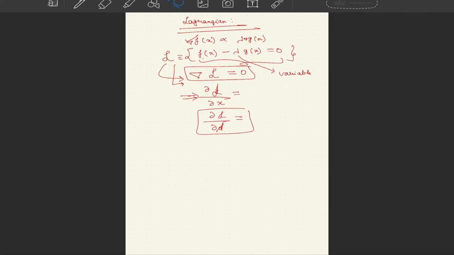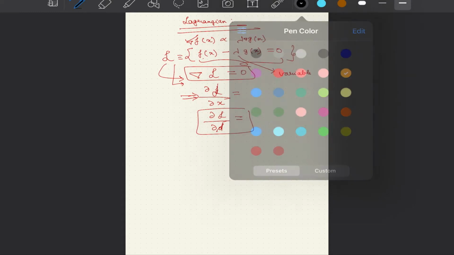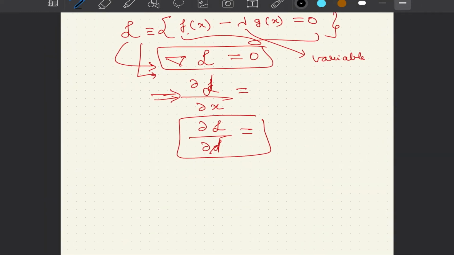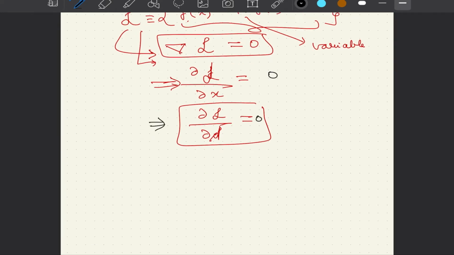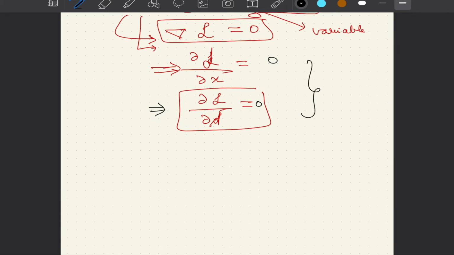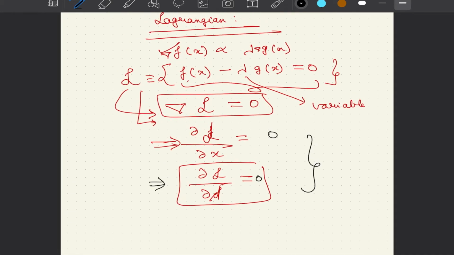Dear students, in our last lecture, we started a brief introduction to Lagrangians, and we said that if we have to find maxima or minima of a problem subjected to constraint optimization, where our constraint is an equality constraint, we will write the Lagrangian in a form and we would equate the differentiation of the Lagrangian with respect to x equal to 0 and the partial derivative of the Lagrangian with respect to lambda equal to 0. By solving these two equations, let us say this function is just in a single variable x, and another variable that we have introduced is lambda. When we equate them to 0, we get our solution.